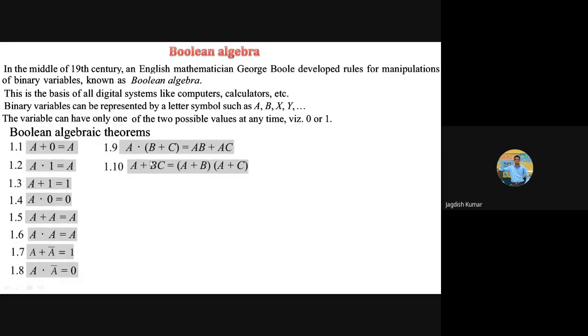For example, when you do A square, that will be A and A, which is nothing but A itself, correct? Then you may find some combinations for AB. What you may ask, then what about AB? Then what about BC? Where did AB go? Isn't it? I mean, here we are not getting AB.